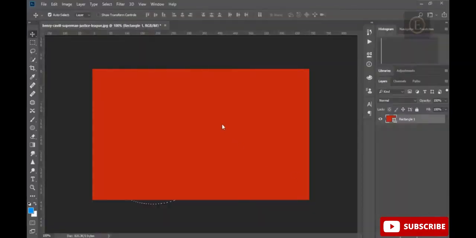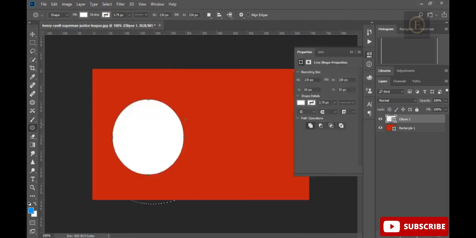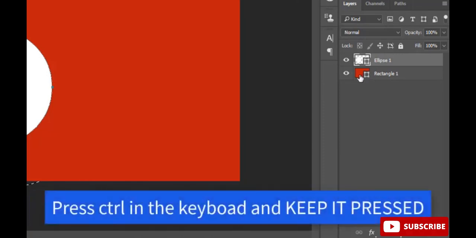Hi, in this lesson, we will see how to center objects. So, for example, I will make this circle. I want to move this white circle in the middle of the red rectangle. So what we do is we need to select this layer. We move the mouse over this icon of the rectangle,